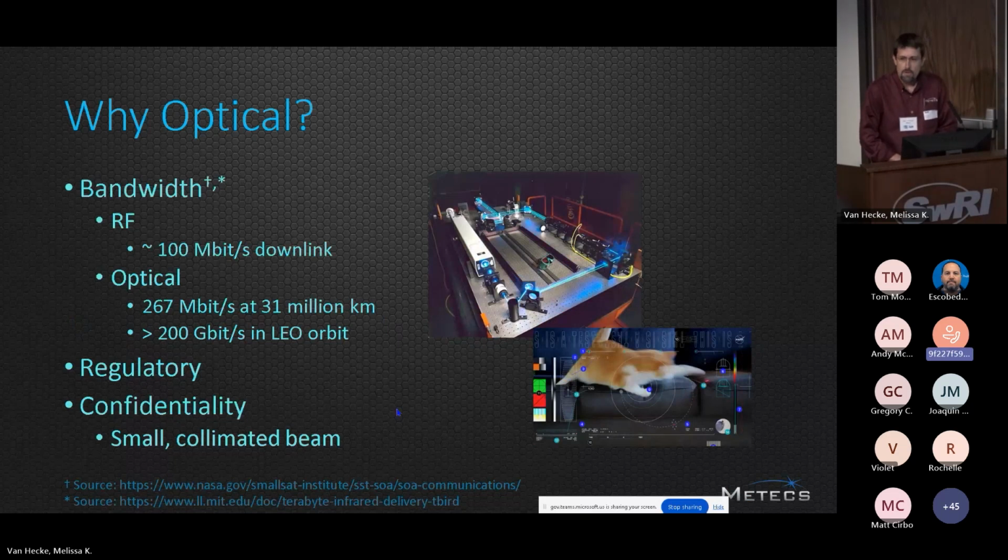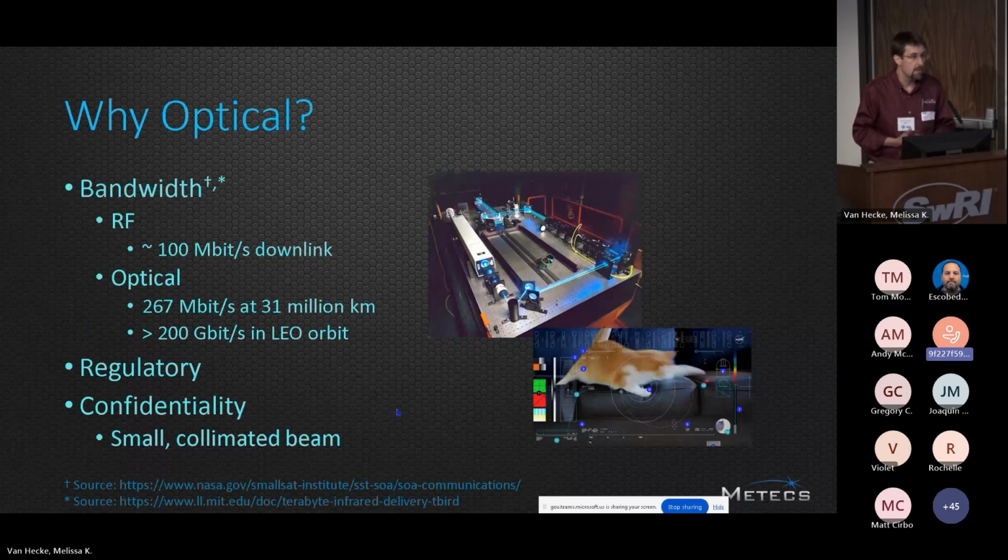And why would you want to do optical? There are a couple of characteristics of optical communication that are really attractive. Number one, primarily bandwidth. There's just a limited amount of RF spectrum available for downlinks. We're already seeing where S-band downlinks are being de-emphasized or even not even granted for licensing, having to go up to X-band, Ku-band, Ka-band, and beyond into millimeter wave. And as you reach those higher frequencies, you have different challenges, more difficult challenges, and the slice of spectrum that you have is much smaller.